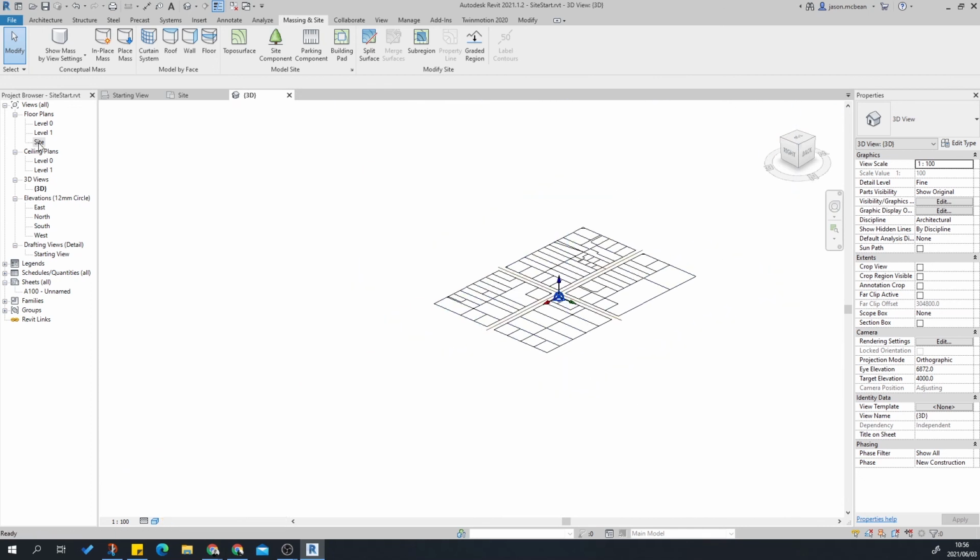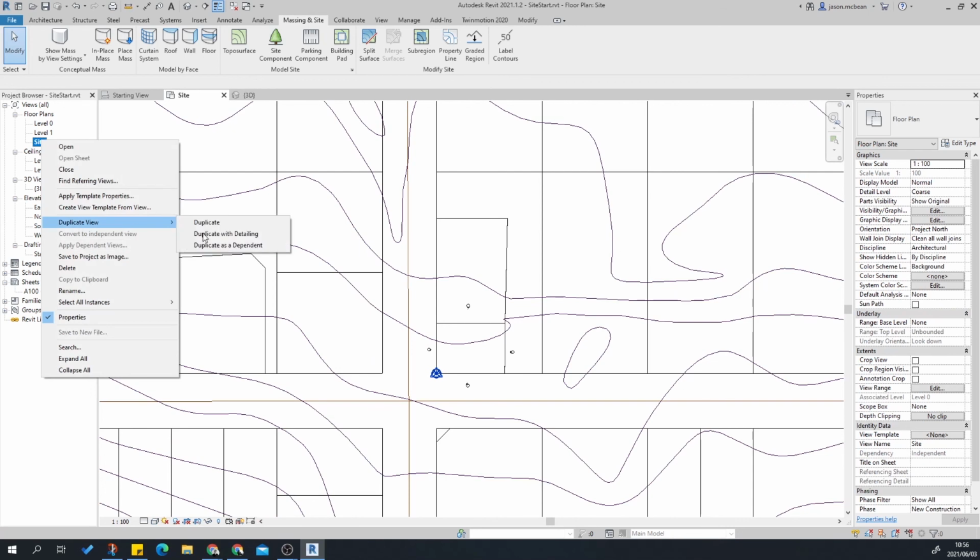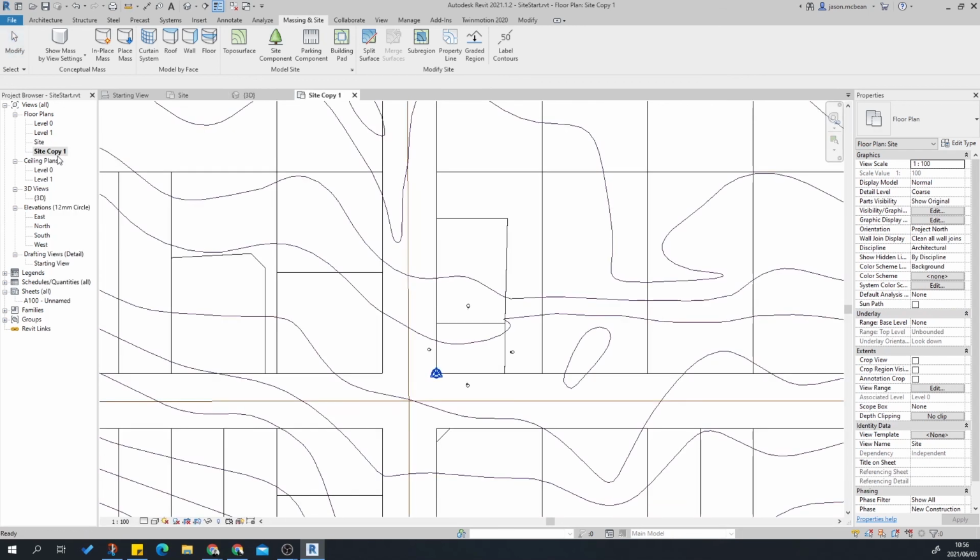Okay, so the first thing I want to do is go back to my site plan. I'm going to duplicate my site plan, duplicate view with detailing, and I'm going to make a new site view. So basically, it's just a copy of the view looking at the same information. I'm going to give this a suffix of WK, meaning working. So this view will go in my sheet typically, and this sheet is where I'm going to do a lot of work. Okay,